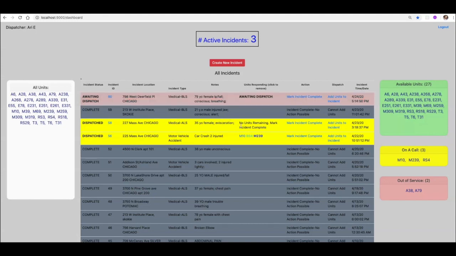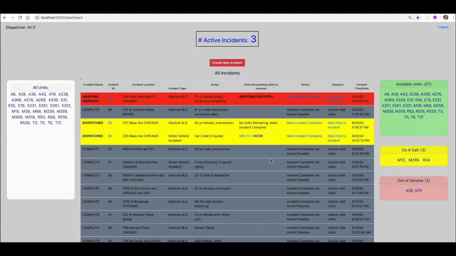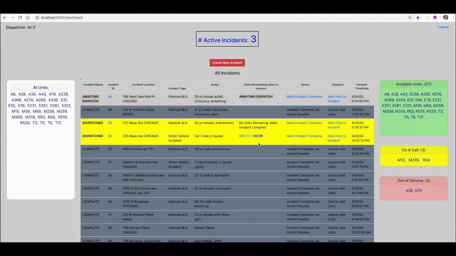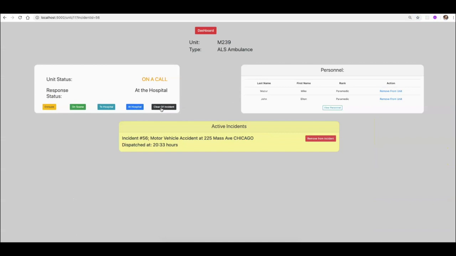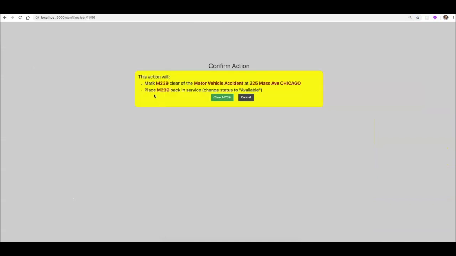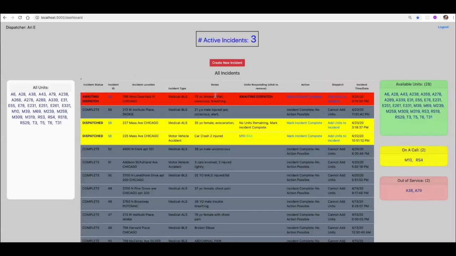So let's see this unit actually being removed, right? Because I haven't actually done that yet. I've just shown you the code. Here we can see Medic 239 is still, in fact, assigned to this incident. Let's go ahead and change that. I'll click on Medic 239. I'll click Clear of Incident. This Confirm Action button will pop up. And when I click this button, it's going to, again, sever that association between it and the incident, remove that dispatch from the database, and voila,